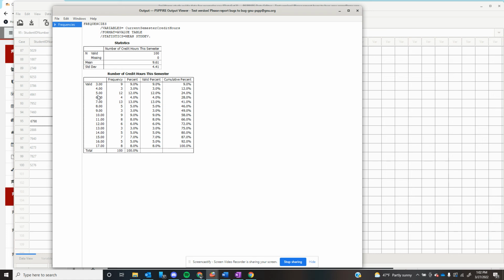And if I wanted to say how many of my students take 5 or fewer credit hours in a semester, I can come over here and I can see 24% of my participants in this data set are taking 5 or fewer hours. And remember, if I decided this was too many numbers and I wanted to group them, maybe I wanted to see 3 to 6, 7 to 10, 11 to 15, and 15 or higher. That would be called a what? Pause me and answer. That would be a grouped frequency table. You will